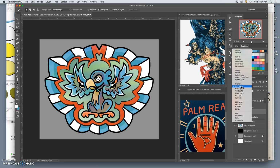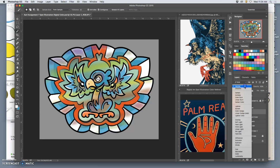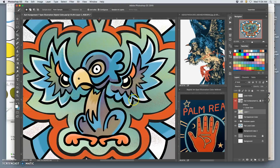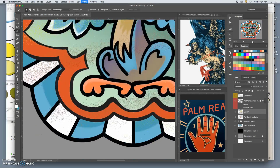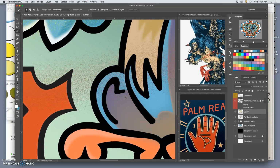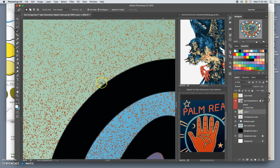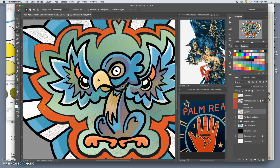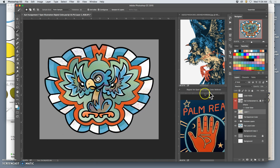Or I can use, instead of soft light, I can just do normal, right? But I can make it dissolve and then take its opacity down if you want that kind of filtered messiness to it. Dissolve isn't something I like to use a lot of because it just breaks into individual pixels, right? But if you're at high enough resolution with the vector floating above it, it can be kind of an interesting effect. But I'm going to do soft light, I think, and I'm going to do